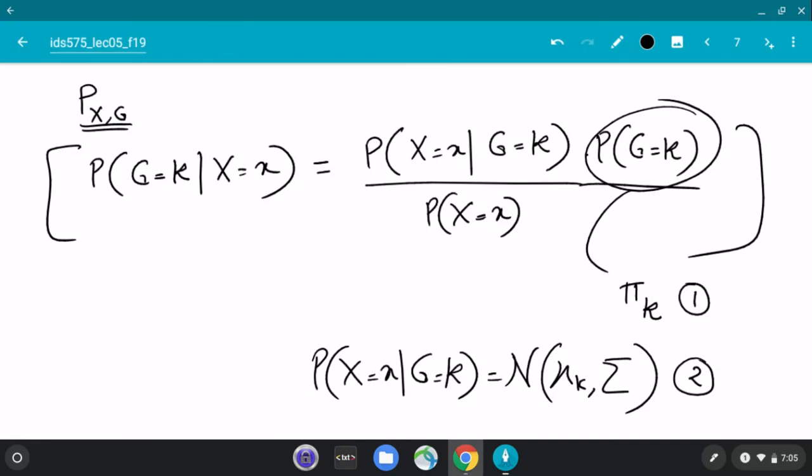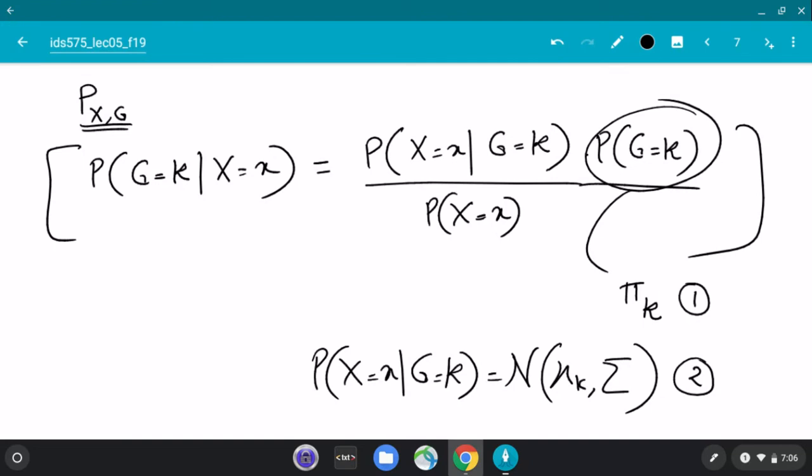So these are the 2 ideas. The first idea is, instead of writing this whole thing, I'll just write pi k, so the capital K number of them, 3 of them for 3 class classification. The second thing is the probability of the feature vector given class 1, class 2, class 3. There are 3 normal distributions, and each distribution will have its own mean vector. This mean vector is p-dimensional, the same dimension as the feature. And all 3 normal distributions will have the same covariance matrix. So how many parameters do we have? Pi 1, pi 2, pi 3, mu1, mu2, mu3, which are p-dimensional vectors, and 1 sigma matrix, which is p cross p. Those are the parameters of this model.